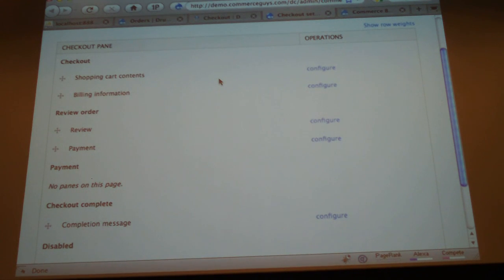You can actually drag and drop your checkout